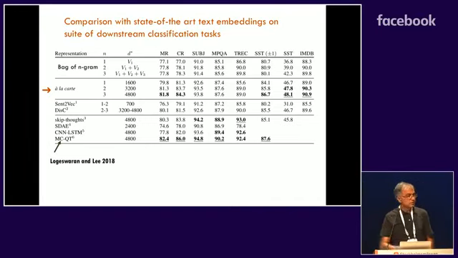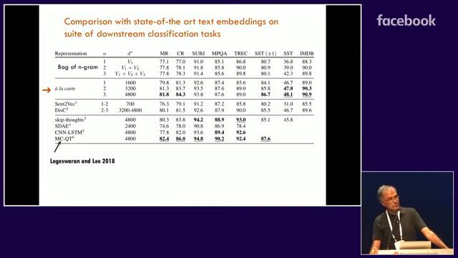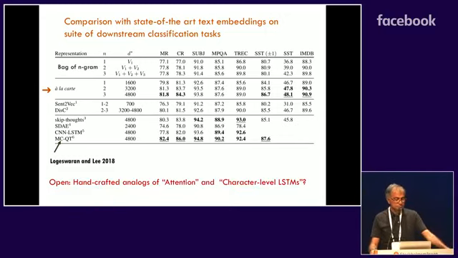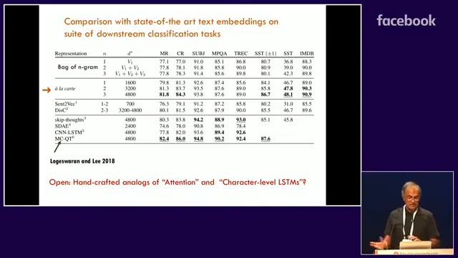Okay, so here's a handcrafted embedding, in this day and age, which actually beats very powerful deep learning methods on downstream tasks. Now, possibly, and many people suggest this, what this means is that these classification tasks are too easy and they're not really relying too much on a good understanding of language structure. Very likely true. And an open problem for theorists is, look at these embeddings and try to come up with handcrafted analogs of attention and character-level LSTMs. Okay, that's an open problem.